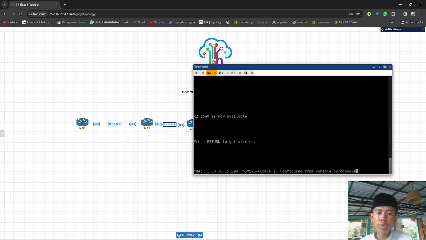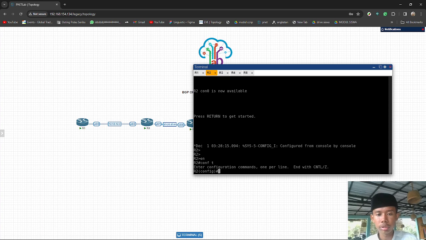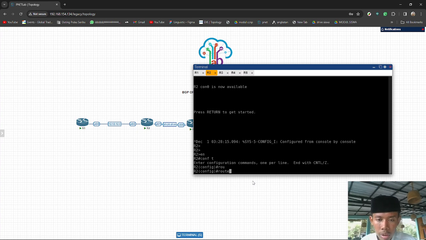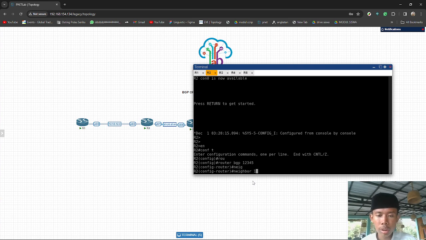Okay, let's move to the BGP configuration in the second router. In the second router we will do the same thing, but it's less than the first router. Router BGP 12345, neighbor 1.1.1.1.